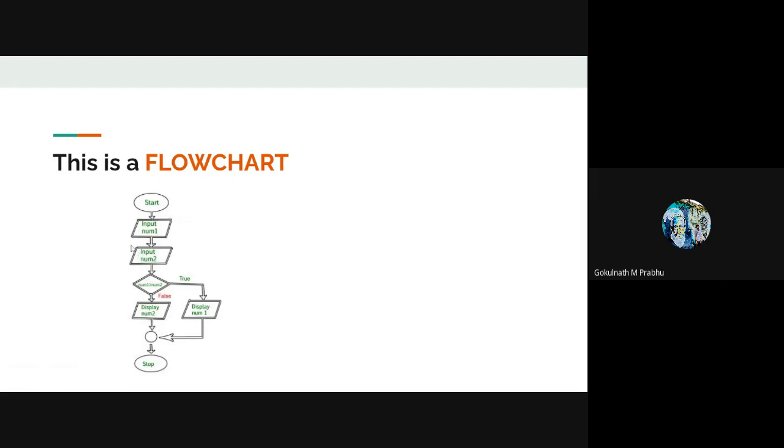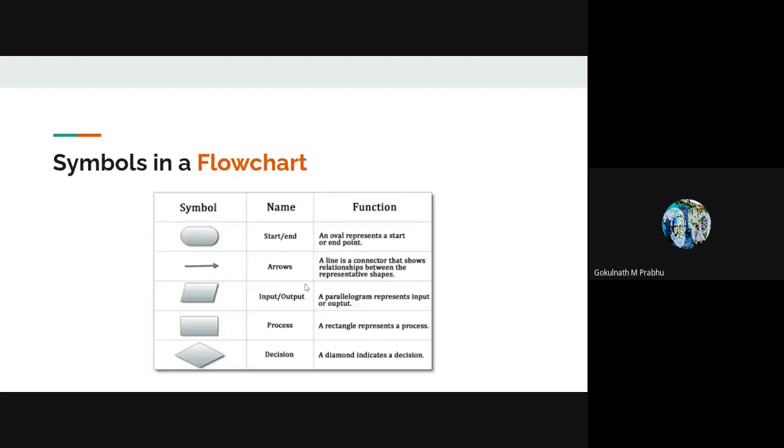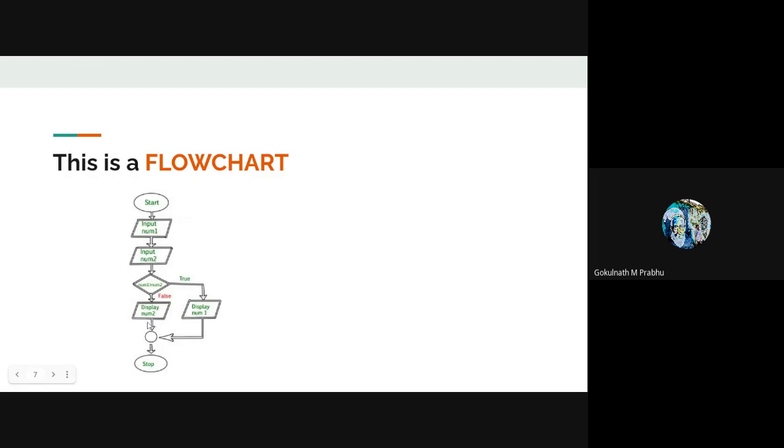Here num2, so we are enclosing it in a parallelogram again. And then after doing some calculations that we need, we have decided to display something onto the screen so that the user can get the output, or the result of that program. For that we have used this parallelogram again so that we can display the number required. So that's what these parallelograms mean. Then we have these rectangle boxes. We haven't used any rectangle boxes in this one, but